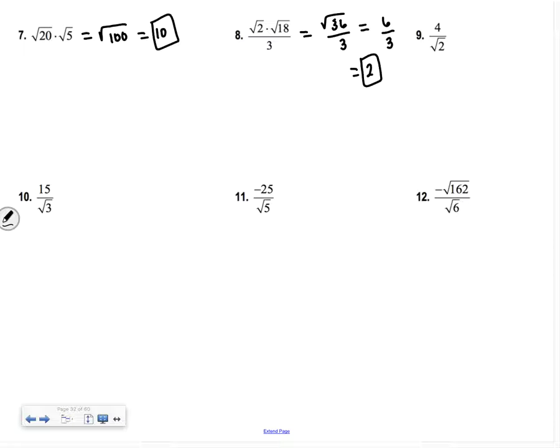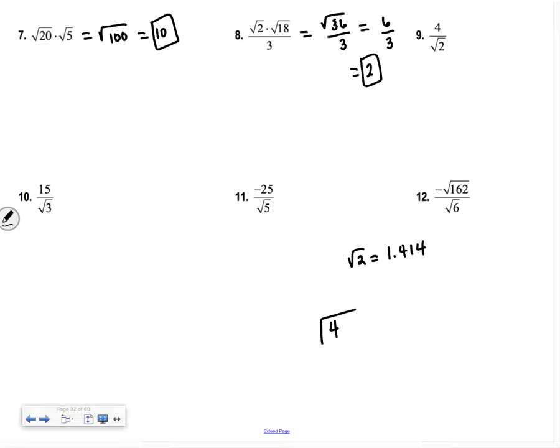And then we have things like 4 divided by the square root of 2. Okay, and there's kind of a long story on why we do this. I'm going to try to simplify it for you. So we do not like to have 4 divided by square root of 2. And this takes us way back in the math history when we were trying to do, like, square root of 2 is